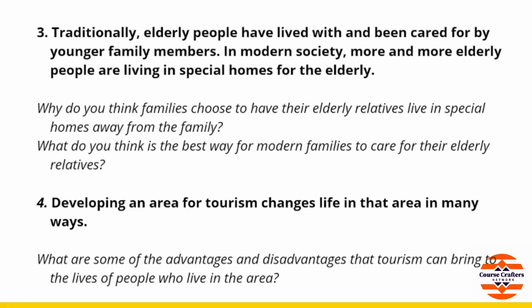So we have two questions, and I'm going to go ahead and read it. Why do you think families choose to have their elderly relatives live in special homes away from the family? Question number 1. And the second one, what do you think is the best way for modern families to care for their elderly relatives? And as you can see in this prompt, you have your topic. So this is a topic when